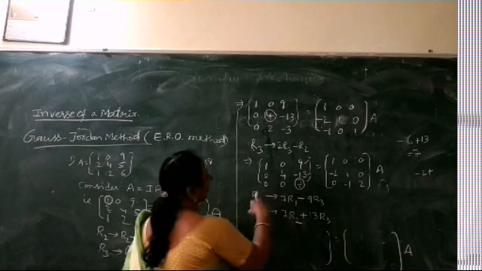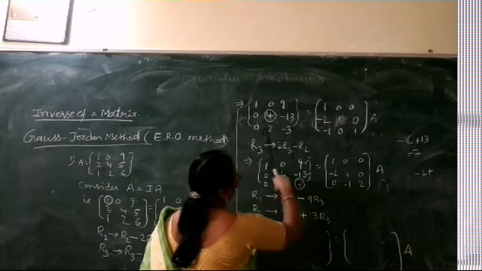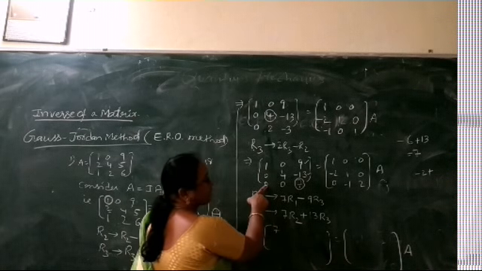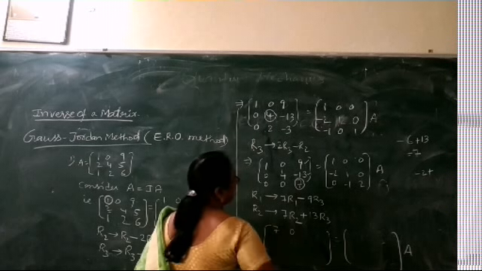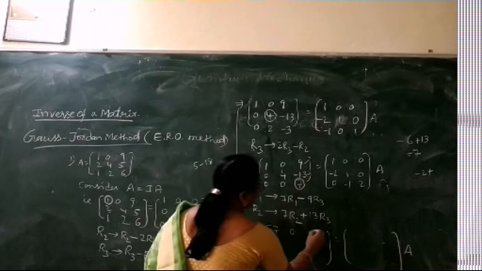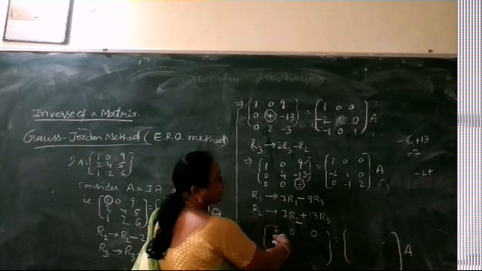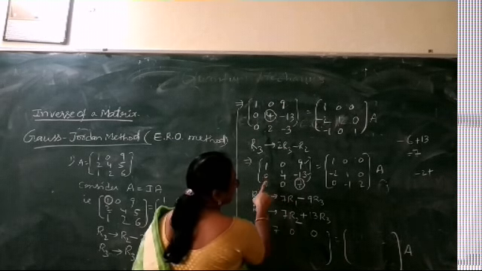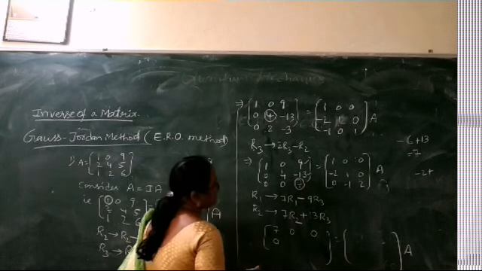We have row 1 first. We have 7R1 minus 9R3. It is 7 into 1 here, 7. Minus 9 into 0, it is 0. Next again both are zeros, we have 0 once again. Next 9 we made it 0 by our process. Right? First we finish off this left hand side. Second row, it is 7 into R2. It is 0. Again both 0, so we have 0 here in the second row starting place.